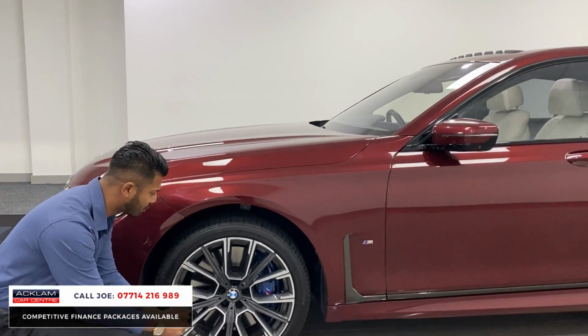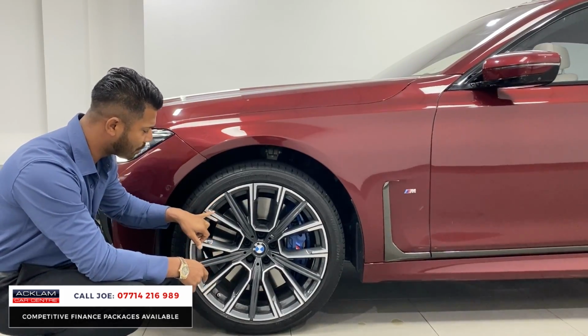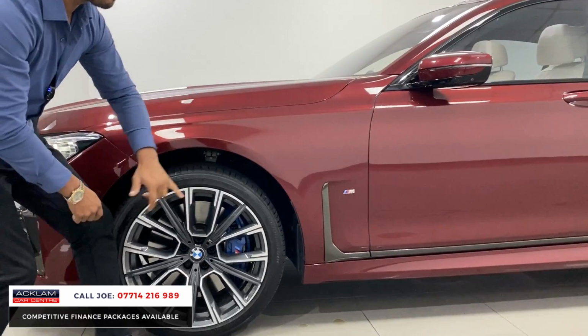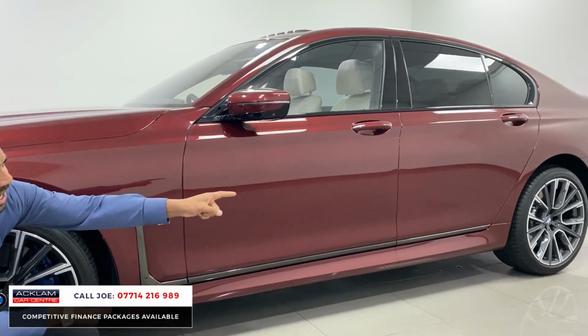Going back to the car, you've got the beautiful upgraded 20-inch alloy wheels, one of the best wheels you can get on the 7 Series. Diamond cut with that lovely Ferric grey on the inserts, the blue M Sport brake calipers, back to the shadow line pack, part of the M Sport package. You've got the air breathers down the side,